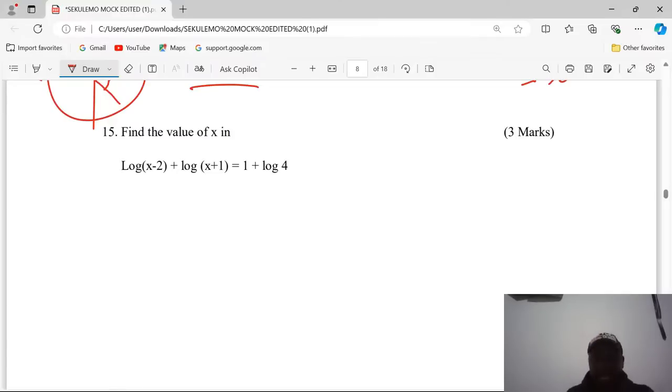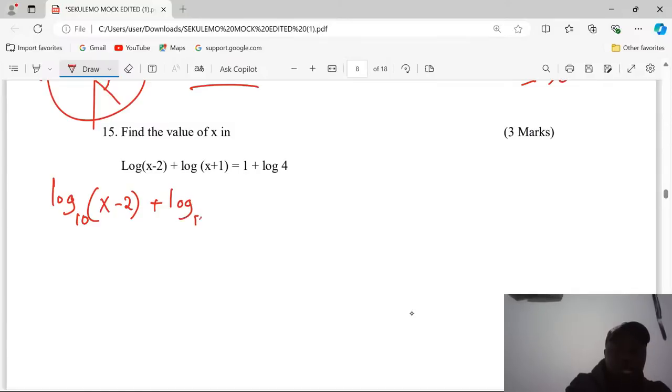Find the value of x. For us to find the value of x now, we are solving a logarithm equation. There is no base which has been provided for this logarithmic equation. Allow me to introduce base 10, whereby I shall say the log to base 10 of x minus 2, then plus the log to base 10 of x plus 1 equals to, instead of